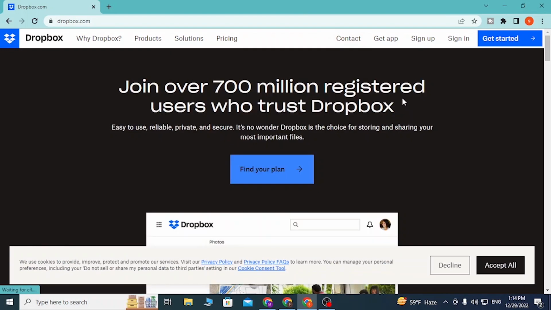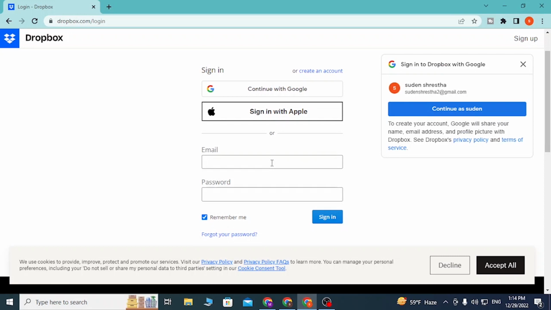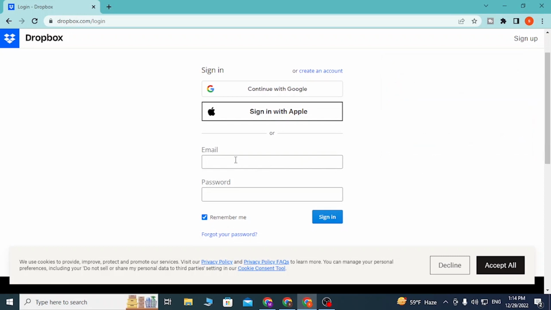And then you'll be redirected to the home page of Dropbox, where on the top right corner of your screen you can see the sign in button available over here. Click on sign in, and after that you'll be required to enter your email address and your password with which